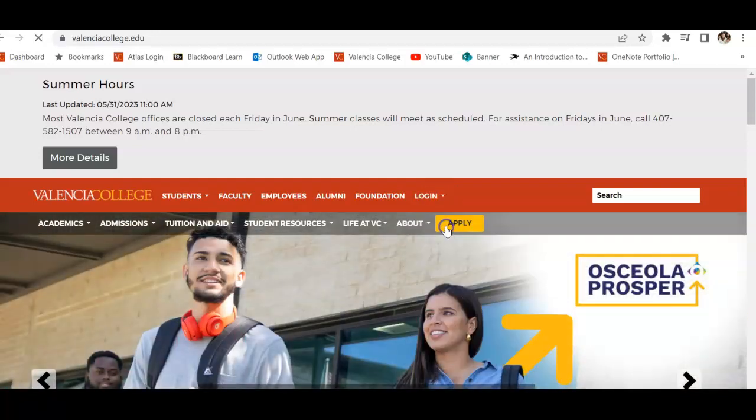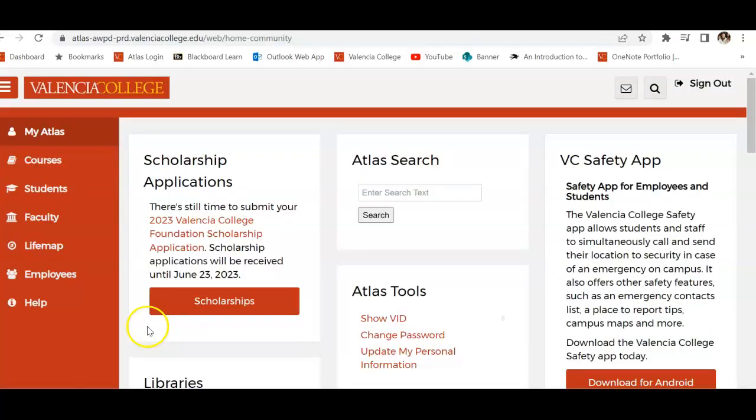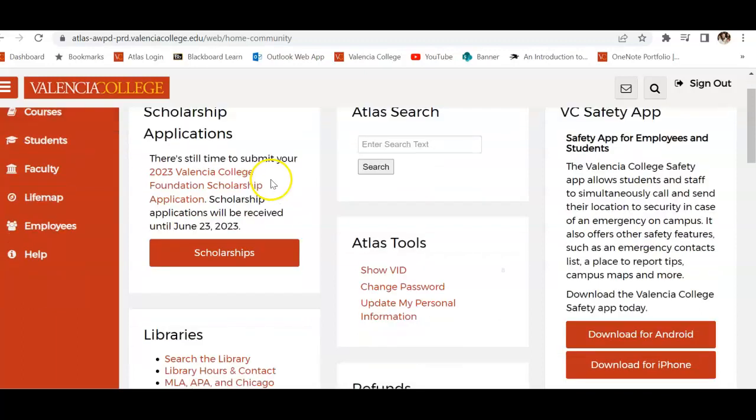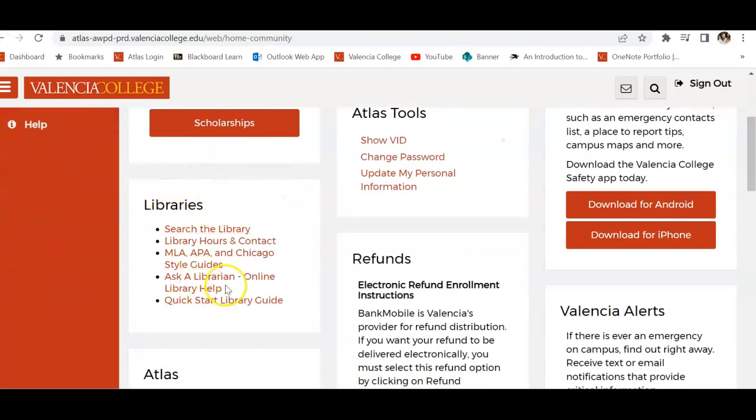Okay, so first and foremost, you need to sign into Atlas in order to access the library. So we will start by signing into our Atlas accounts. Once in Atlas, you will be brought to the My Atlas page, and you're going to scroll down to the libraries. Your page might look a little bit different than mine, but we all have the library section,